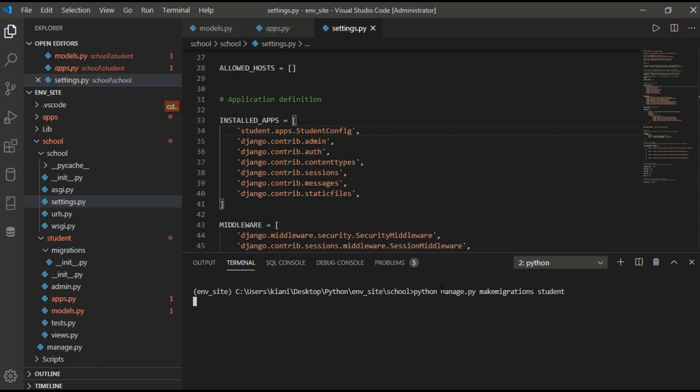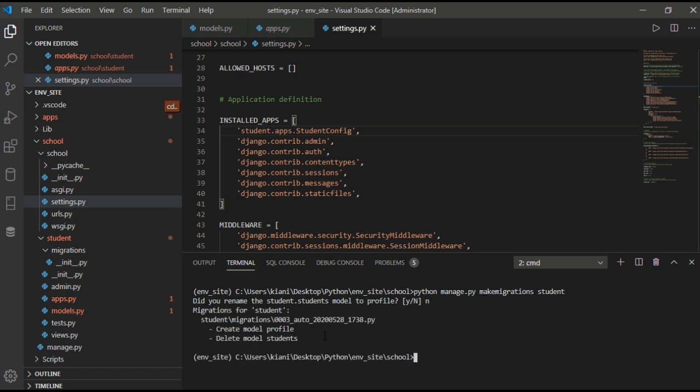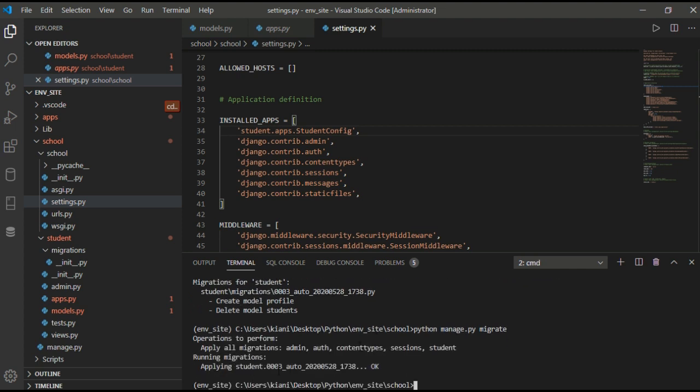Okay, run the migrations for profile, makemigrations student.